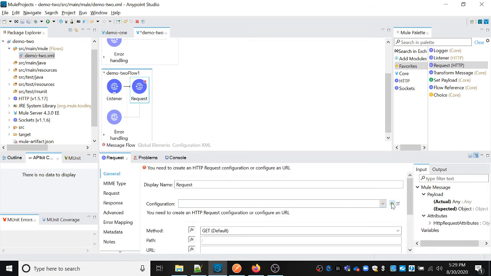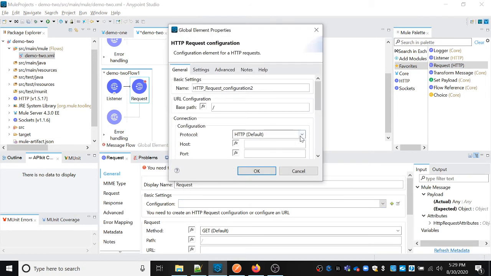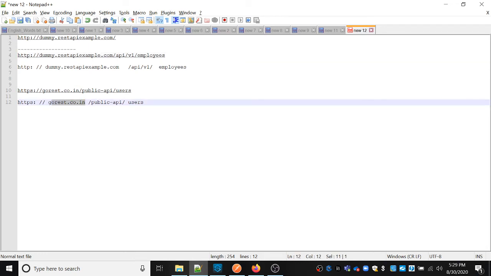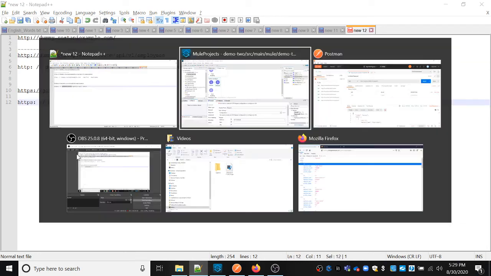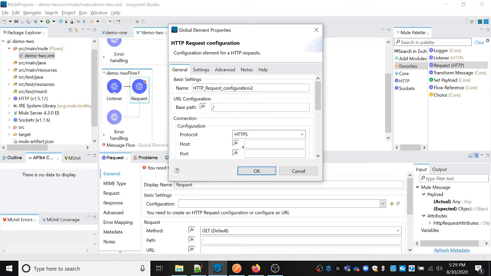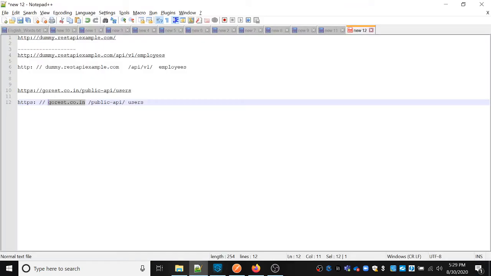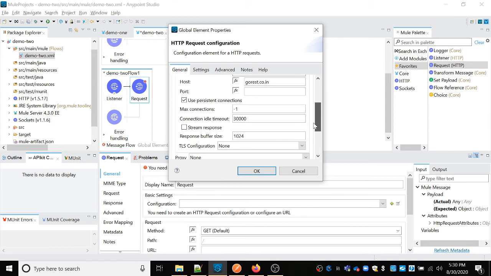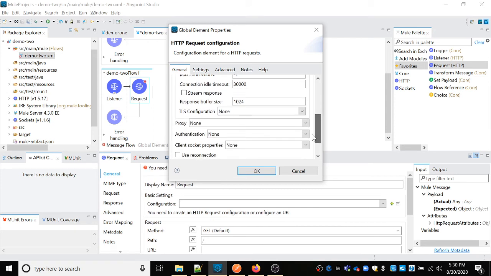Let me create another request, because this one is based on the HTTPS protocol. Let me select the HTTPS protocol and host here. Basically, goresh.co.in is the host of the second endpoint, and there is no need to provide any port. We only have to provide the base path here. One more thing we have to do: because it is on the HTTPS protocol, we have to select a TLS configuration here.